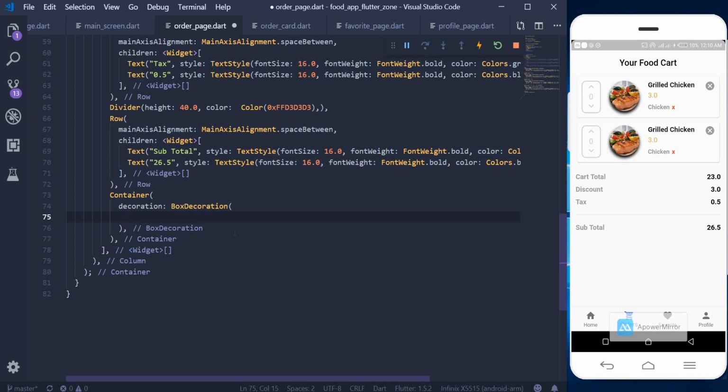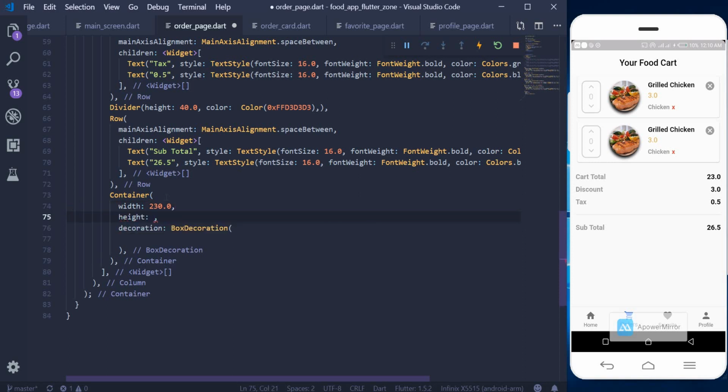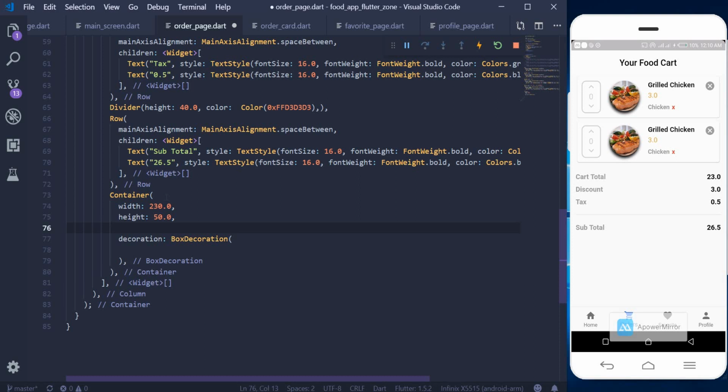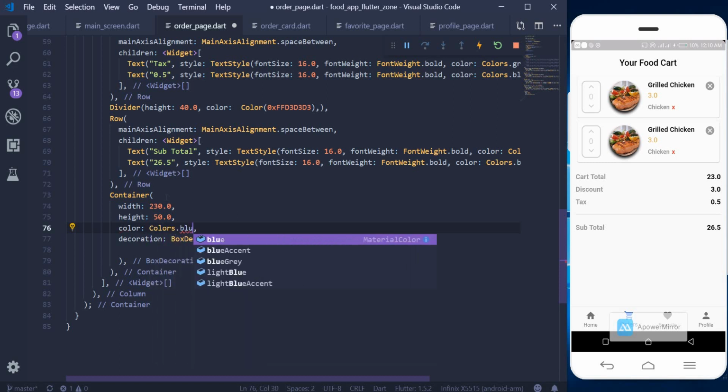So we have this one, and then let's specify the width here. Let's say 230.0 here, and then let's specify a height of 50.0, and also let's just put a color for now, because I want to see the actual width and height of the container. So I can just go ahead and check,